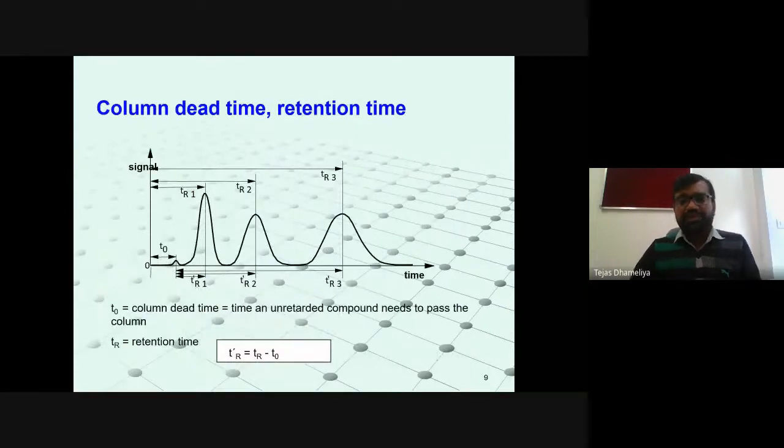Fine. Then we have discussed dead time, dead volume, and retention time. Retention time is the time required to elute 50% of the concentration of the compound, compared to the unretained substance. So that we generally term the retention time, generally in minutes. That is always on the x-axis of the chromatogram.